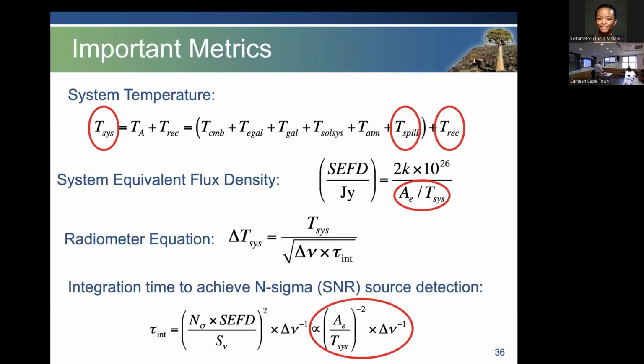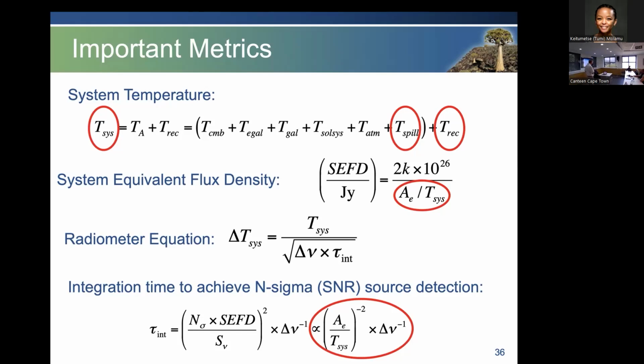So from that, you get some really important metrics. I've already said that the system temperature is the sum of a whole lot of things, most of which you don't have any control over. You can't make the galaxy go away. You can't make the microwave background go away. But through good design, you can make sure that the spillover temperature of your antenna, in other words its reception towards the ground, the beam towards the ground, is minimal, and you build a receiver with low temperature. The atmosphere you can maybe mitigate by building at higher altitudes,